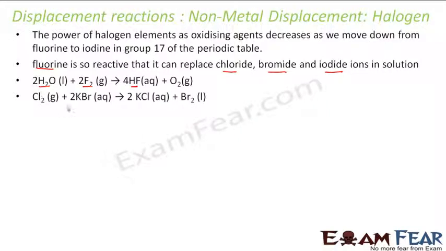In this case also, this is chlorine, it is KBr. This chlorine can easily replace the bromine here. Here, the non-metal is displacing non-metal. So in case of displacement, a metal can displace a non-metal, or a non-metal can displace a non-metal itself, right? Here, chlorine plus KI, chlorine also displaced I from here, it became KCl.